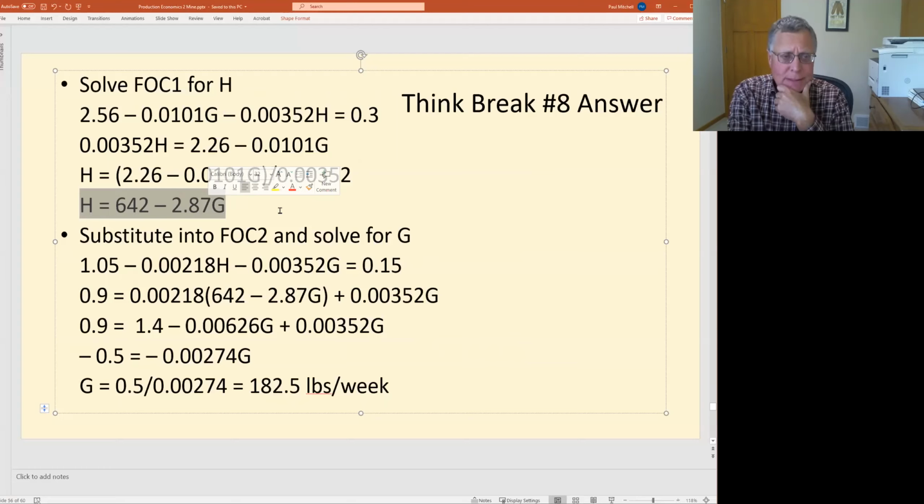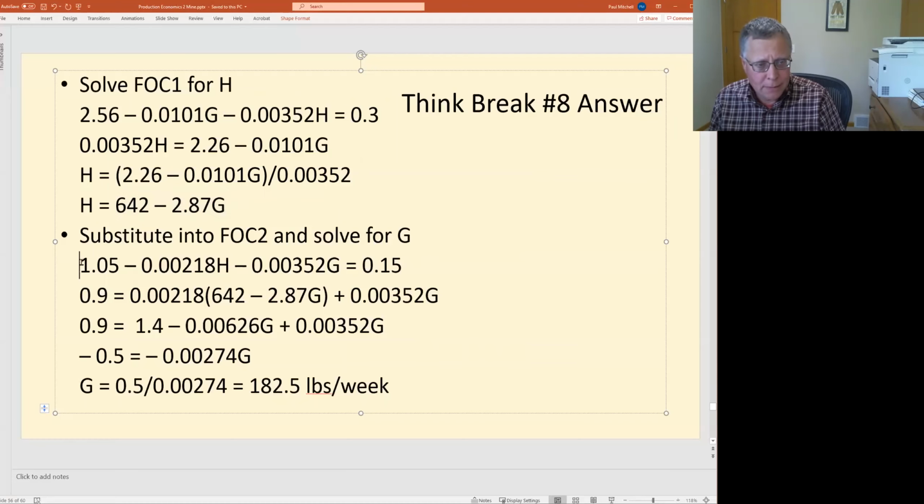It was 666 minus 2.87 G. Now it's 642. Take that, put it into the second first order condition, and you get, do the math here. Here's your second first order condition. Everywhere there's an H, you put in this equation right here, and you get the same process again, just a lot more different numbers. And you get all done, do a lot of algebra, and you get